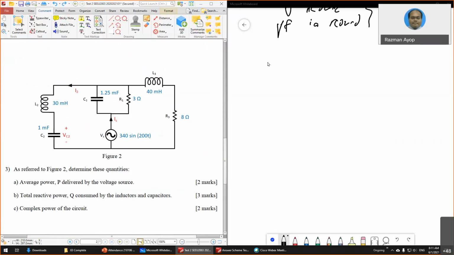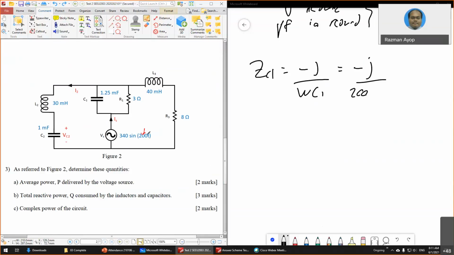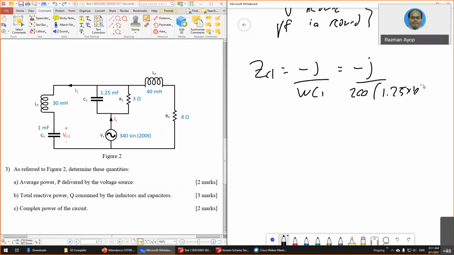So first you have to calculate the value. ZC1 equals negative J divided by WC1. So negative J, and then W is 200, taking from here. Multiply by 1.25 multiplied by 10 to the negative 3. Many of you forget this. When it comes to milli, don't forget to do this. So you get the answer is